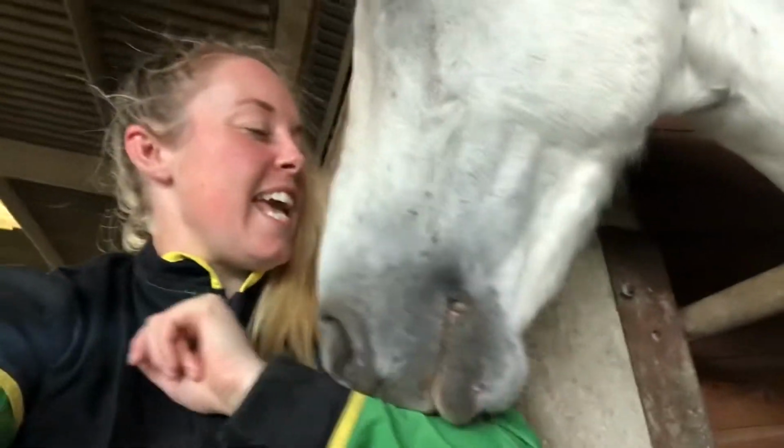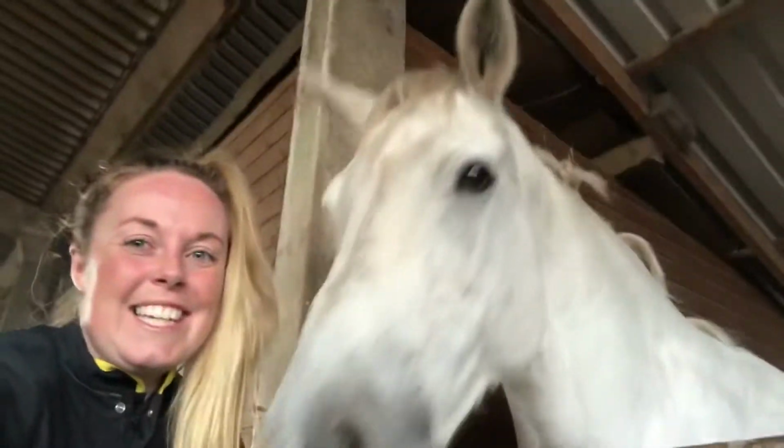This week we are going to be clipping my lovely Connemara, Finley. Yes, he says hi. I always try and clip the boys a little bit earlier than perhaps other people would. The native ponies just go poof. So I like to clip them before their coat gets too thick and dense, to make it an easier job for the clippers to go through, and it's also a lot easier to get the clippers to make a nice line, as when the coat's thick it's a bit more like